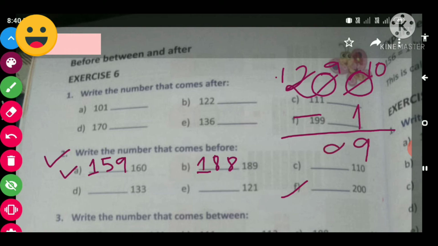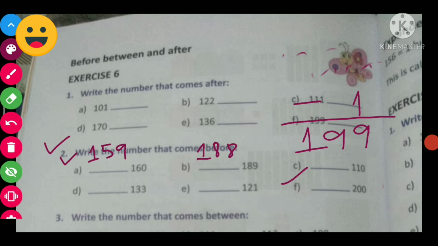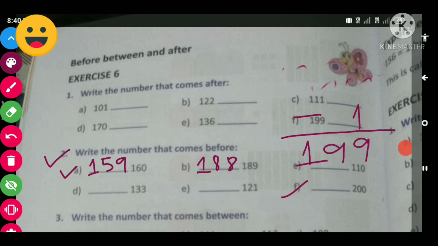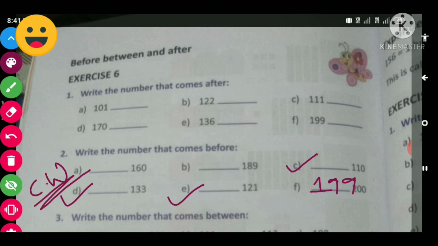This 9 comes down and here also. So your number will be 199. So I will write the number here, 199. Okay, so now you will do C, D and E in your classwork copy.